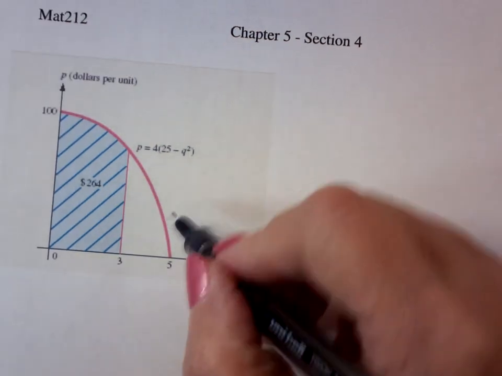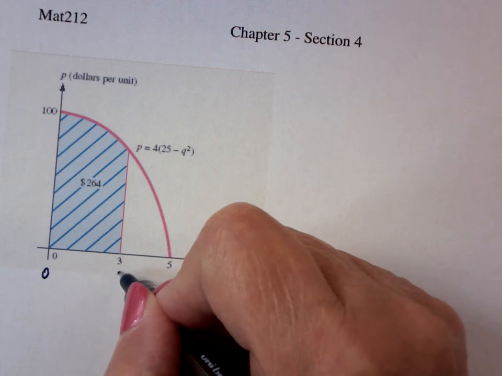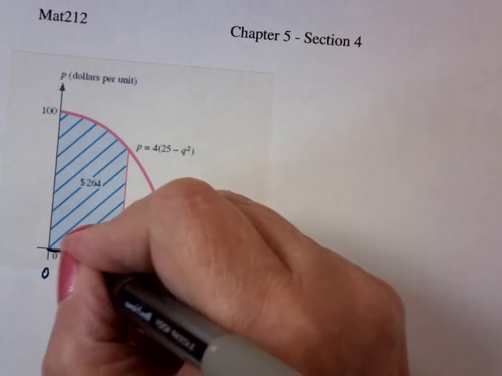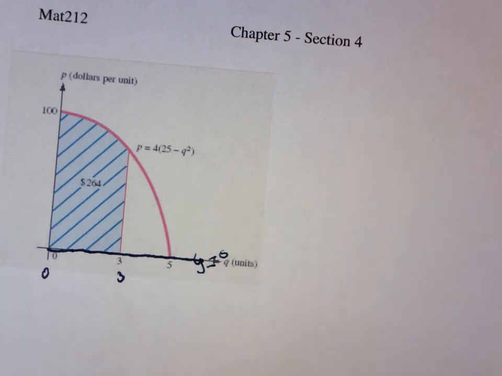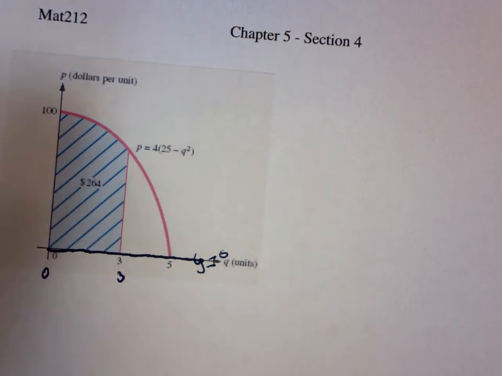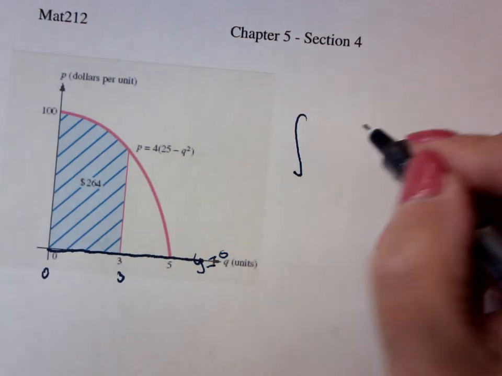So this is going from 0 to 3. The lower curve, by the way, is the x-axis. So it's y equals 0. So we tend to just ignore it because it's then going to go the integral from